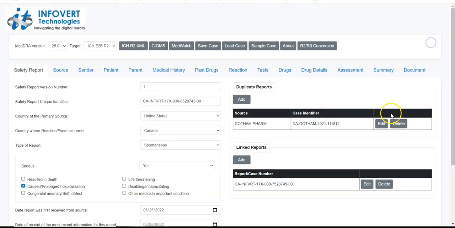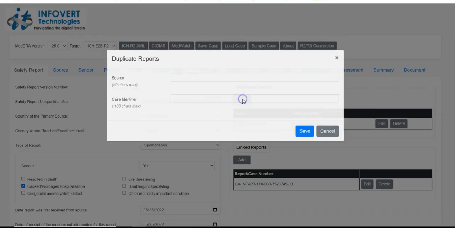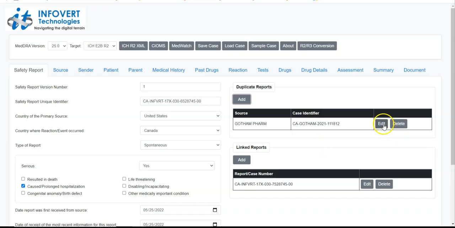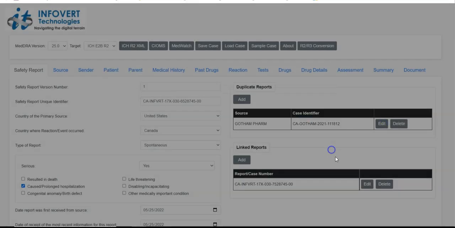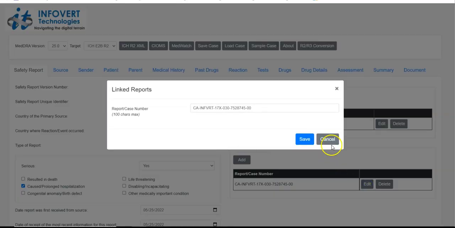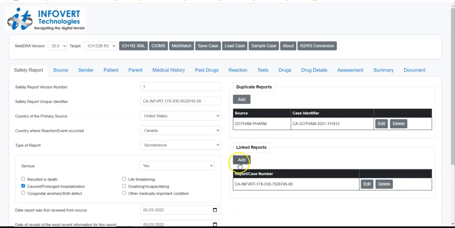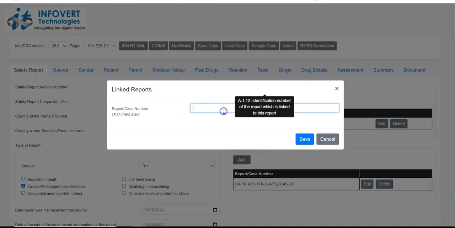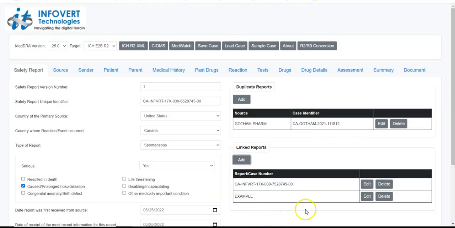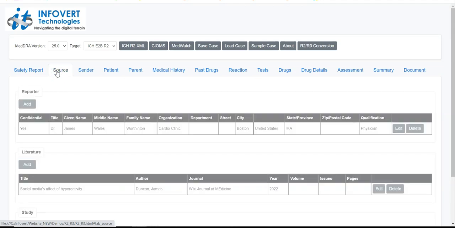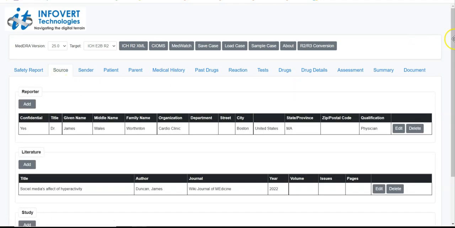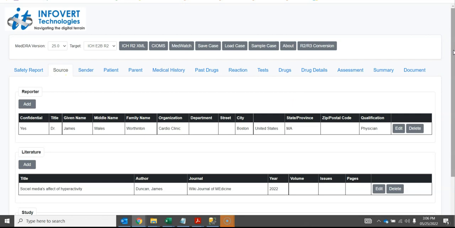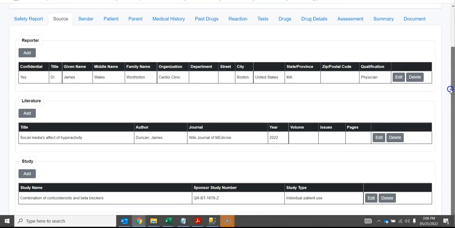Grids, by and large, all you can do is add a new record if you wish, or edit an existing record, and certainly delete one too. So same thing here. I'm going to add a new one just as an example. And we got another linked report. The next tab is source. For source, you have a choice between reporter, literature, and study. In this example, I've added a comment for each,